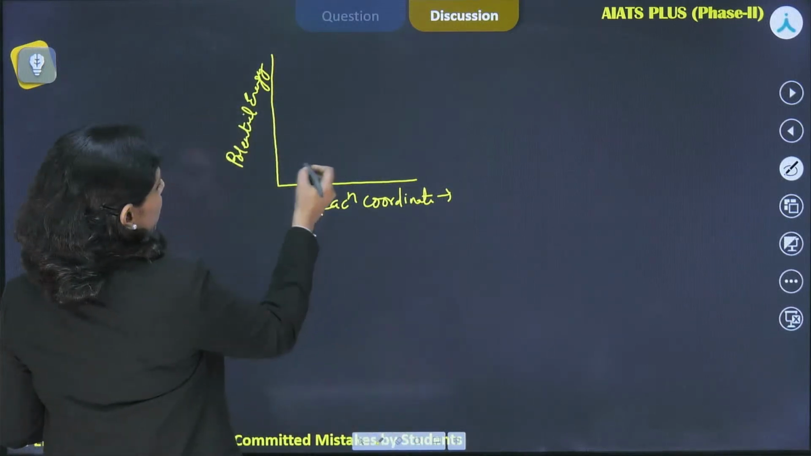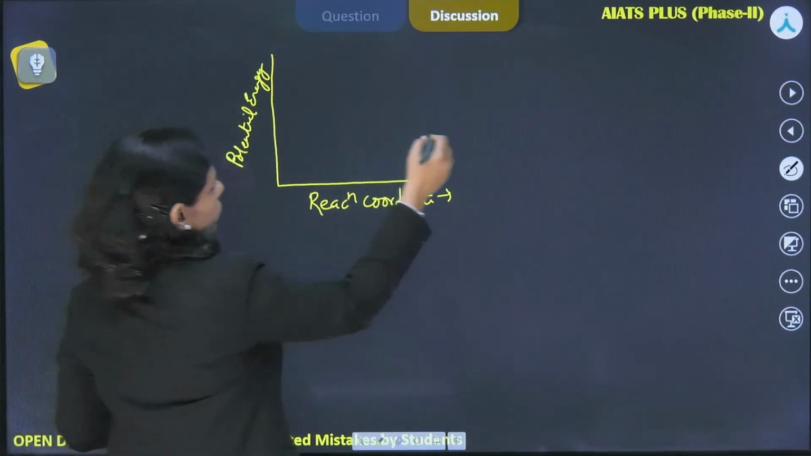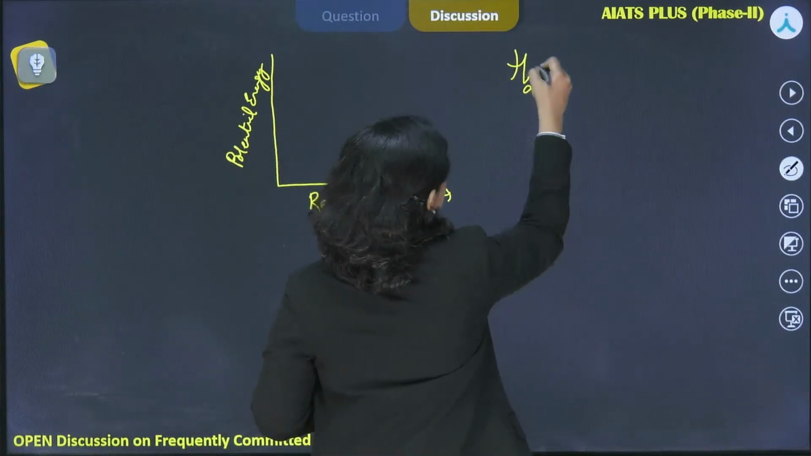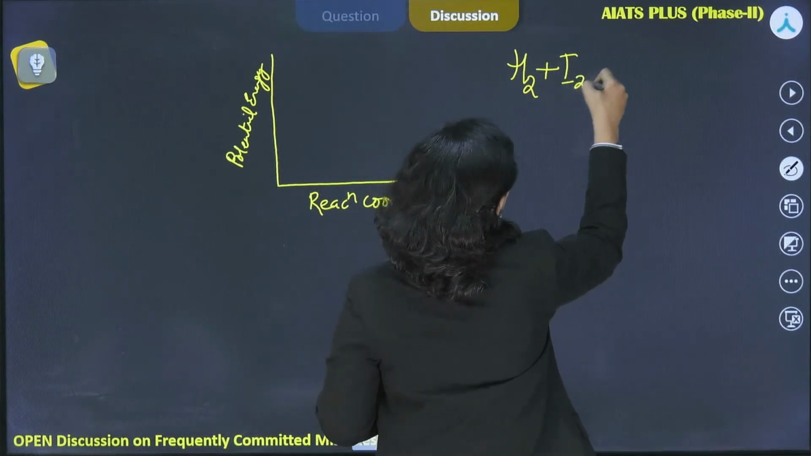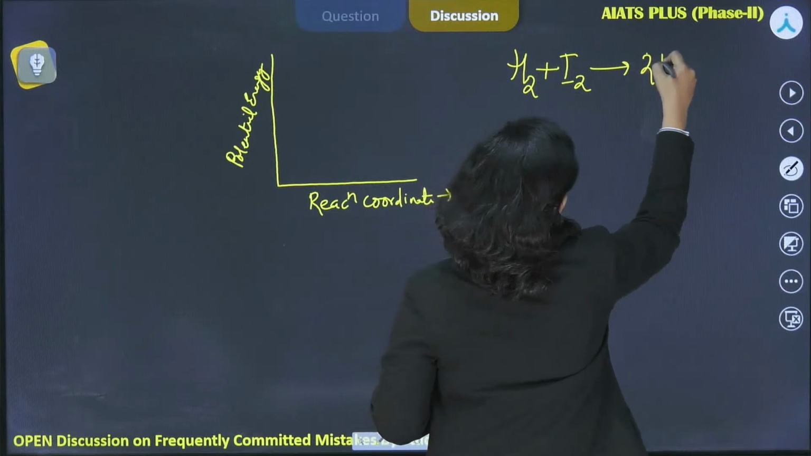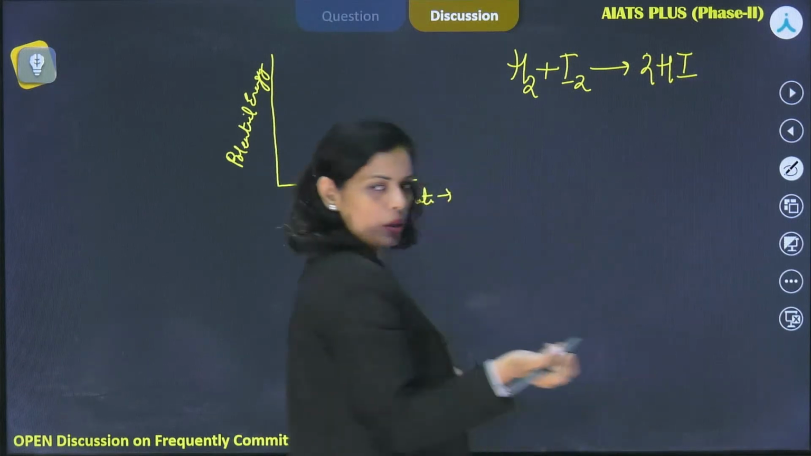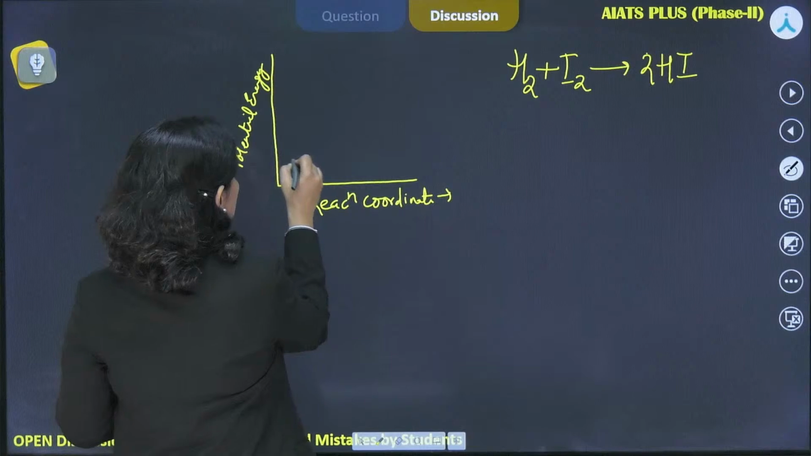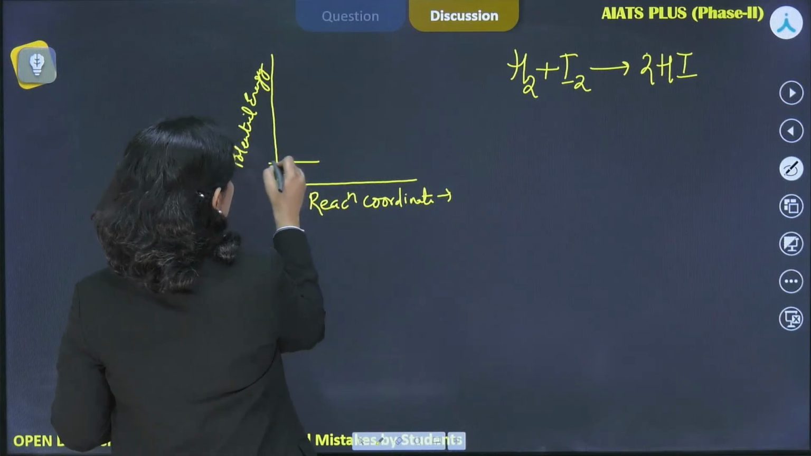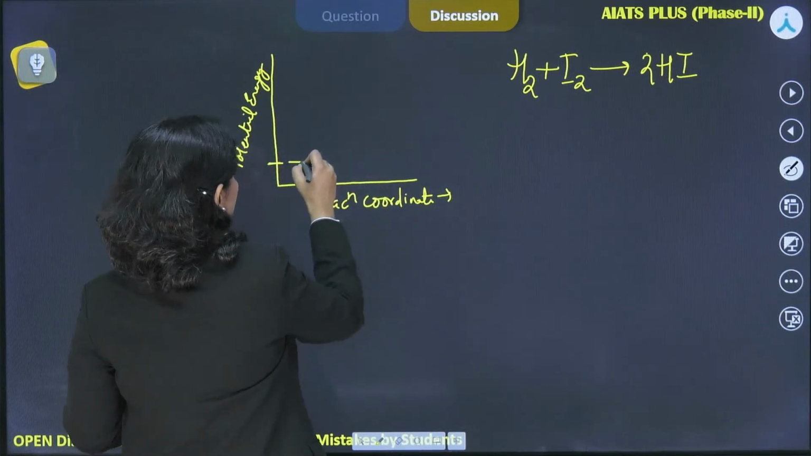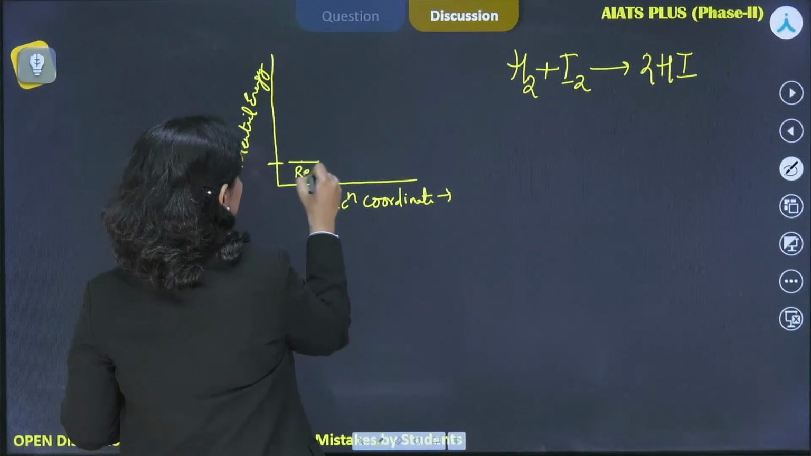So, reaction coordinate, suppose you have the reactant H2 and I2, they are combining to form product 2HI, suppose, okay. Now, the energy of the reactant on this potential energy curve, it is here. The energy of the reactant I am taking,